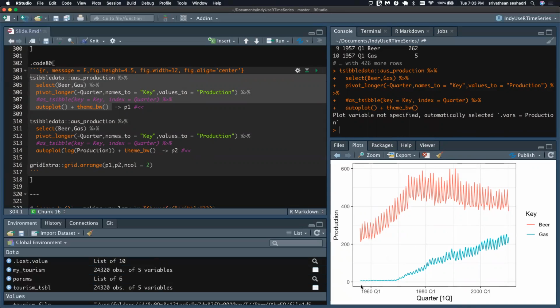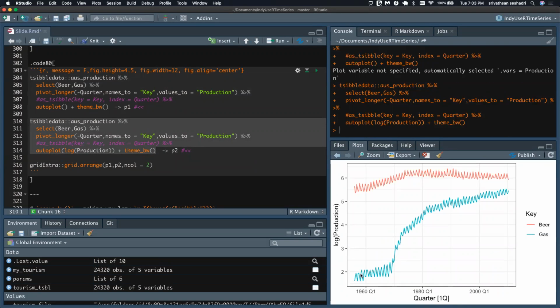People like to drink beer, and there's this subtle wiggliness in this portion of the time series that you can barely see, right? If you want to bring that up and amplify that, you can take the log of the data. In order to do that, see in here, on my screen, I am going to plug in the log of production into the autoplot right here. It will automatically do the formulation and plot it on the fly. So do that.